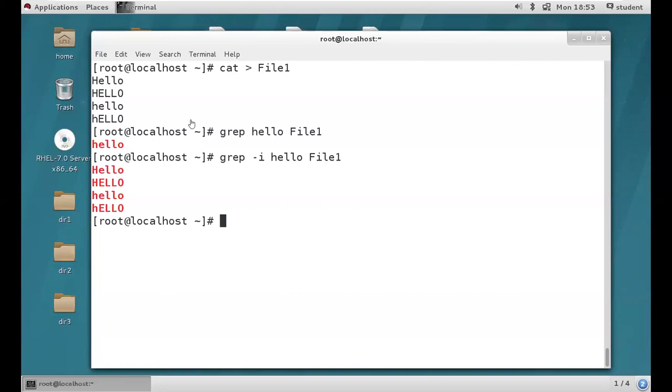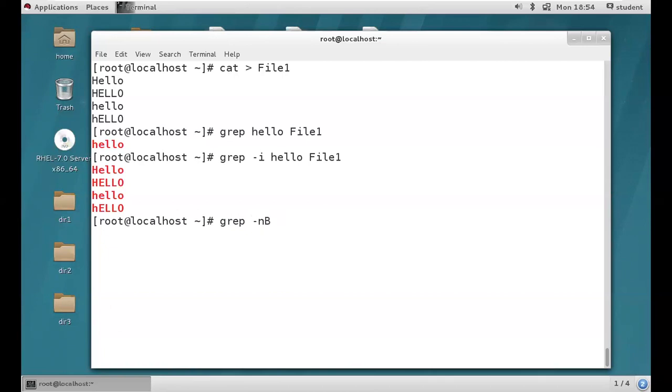Okay. So, guys, grep hyphen i hello file1. What is it going to do? It will ignore the case, capital or small, and print everything. It will avoid case sensitivity, right? Next, grep hyphen n. n means numbers. Capital B means before. n number, B before. Capital B, guys, not small b, capital B.